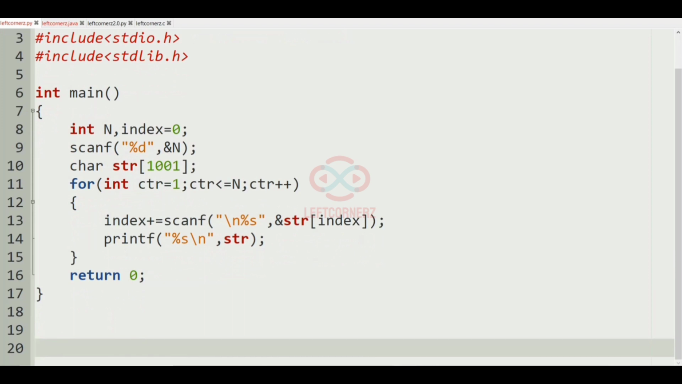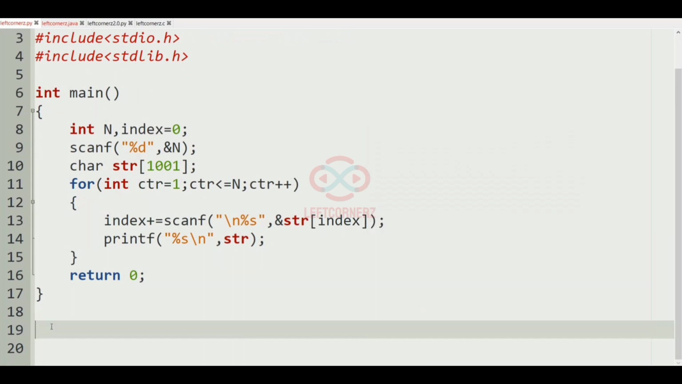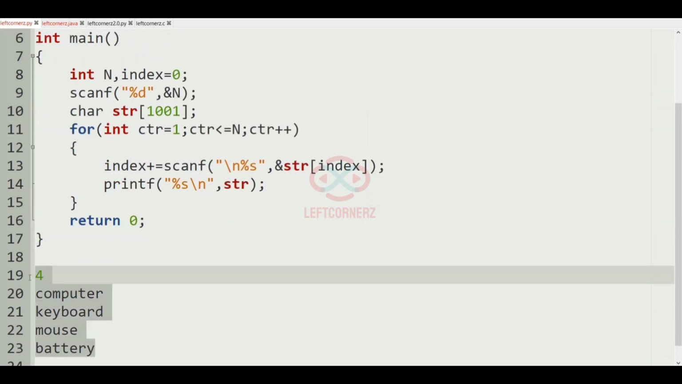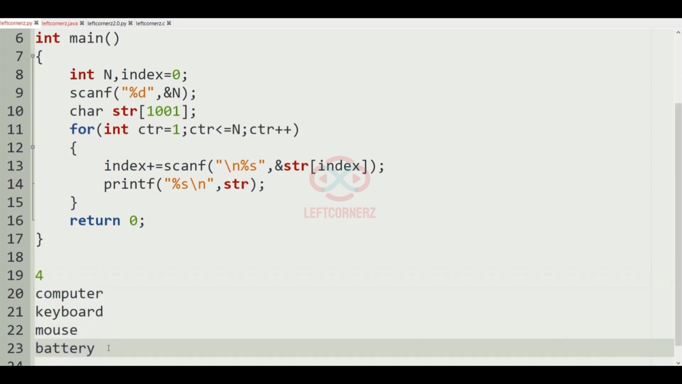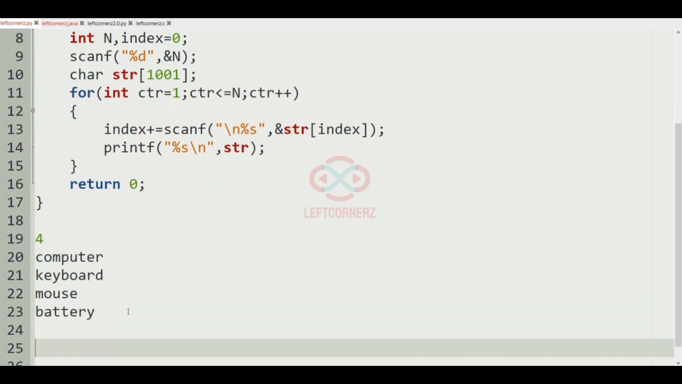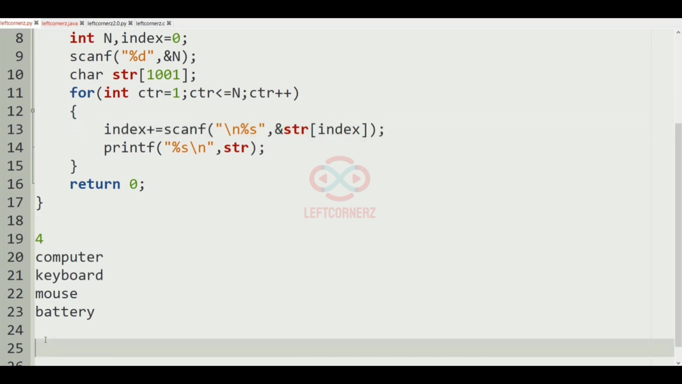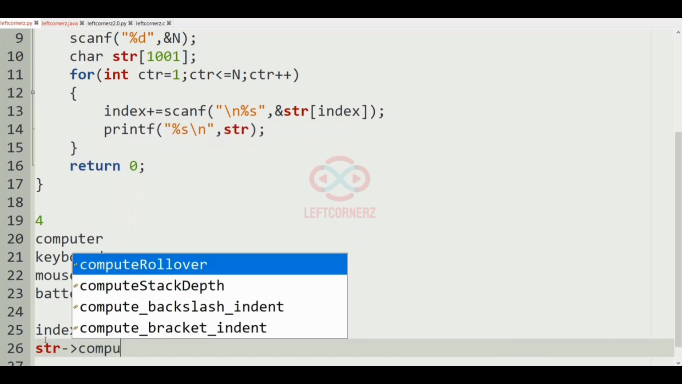So let's take a test case for clear understanding. Here we have n as 4. Now, how this statement works is, first, initially, the index will be equal to 0, and the string in that place will be computer,